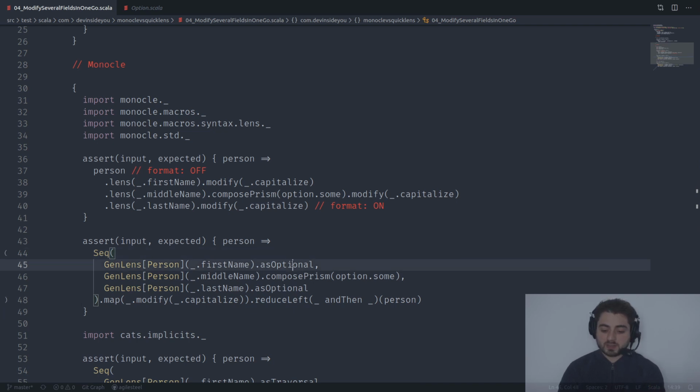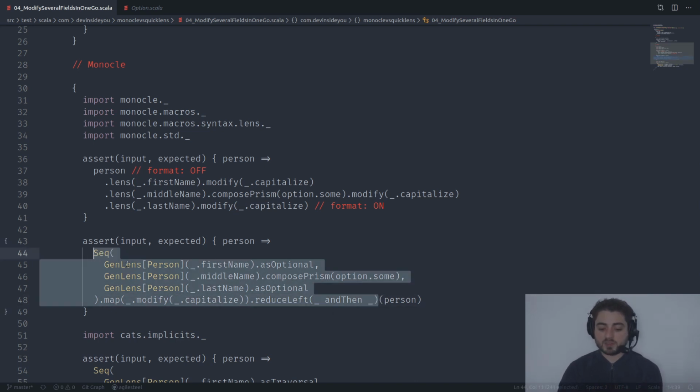Okay, for now we need to go asOptional, and over here we're doing the same thing as over here, right? So basically composing a lens with a prism, and therefore what comes out is an optional. Okay, and then we just map all of these lenses to modify capitalize, right? So what comes out over here is a sequence of functions. Then we just collapse all of them. This is simple function composition, and at the end we have this one big function,